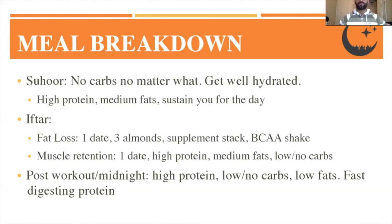versus if your body's running on fats, your body's going to be much more easily able to switch to a fat burning mode. And then for iftar, there are two protocols that I've used, and you'll see in the actual,